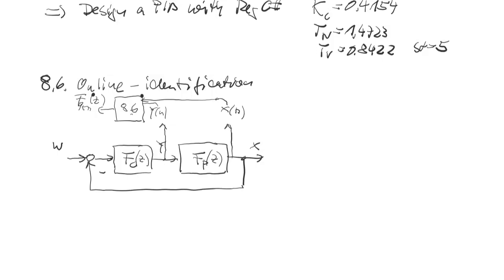You control your output to the desired value W, and in each sampling there is a new controller output value, which is the input for your process, and the new output of the process xn. Both of these pieces of information are loaded into my online identification, and in each new sampling time you get a new parameter set of A's and B's